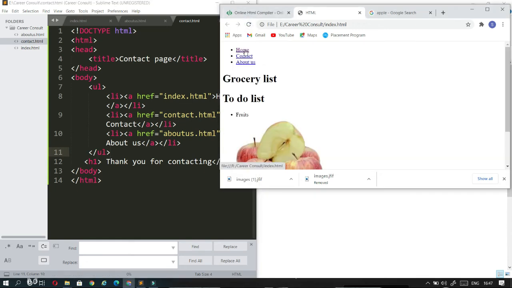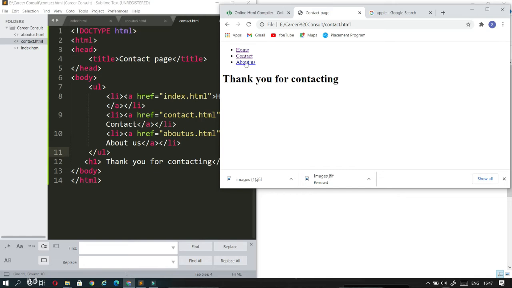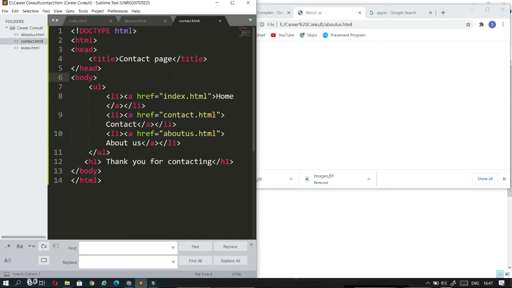So this is the home page, this is the contact page and this is the about us page. You can see here when I click, at present it was having some blue color, and after clicking it has changed to another color, a violet color, I think. This is a basic property of the anchor tag. This can be changed by using CSS. HTML is only for creating the content and CSS is mainly for designing and styling the content. So this is about the anchor tag when we are connecting to the external web page.